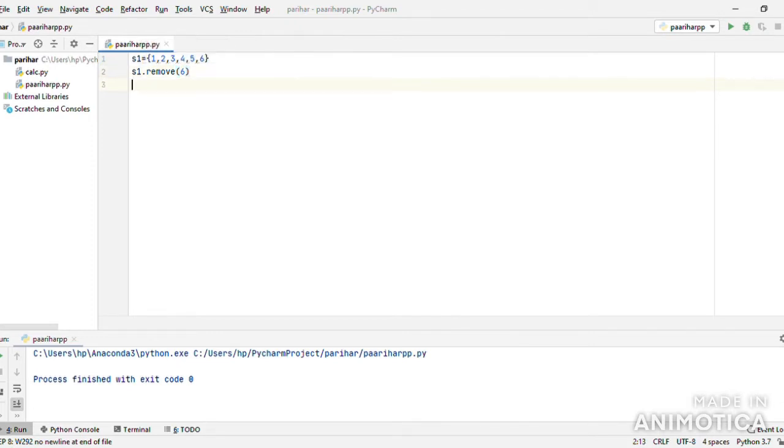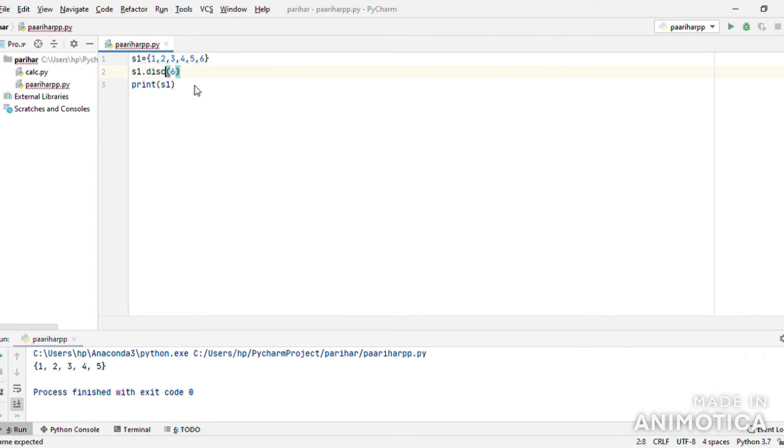I have to print it also. So you can see that 6 has been removed from the set, and now if we use the discard method here, say S1 dot discard, this has also given us the same output.